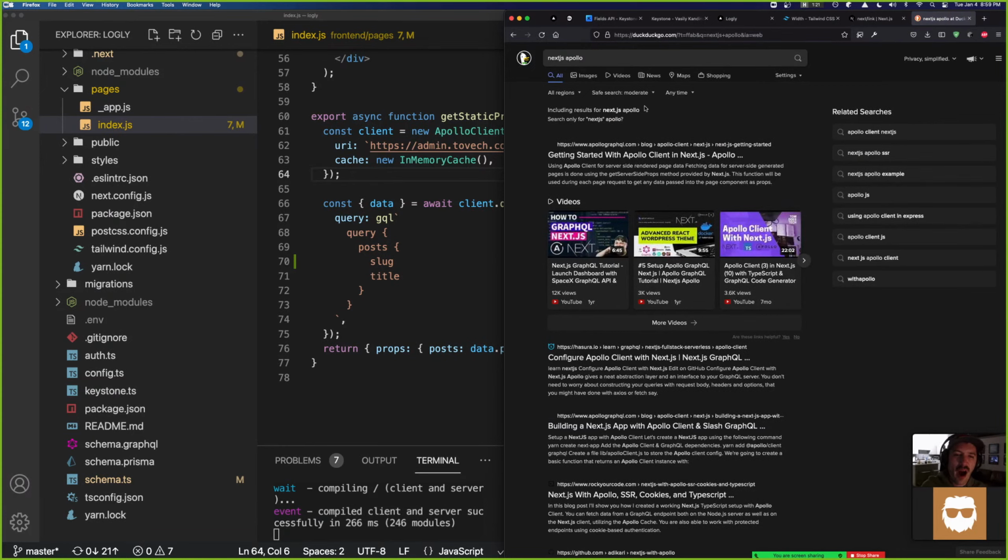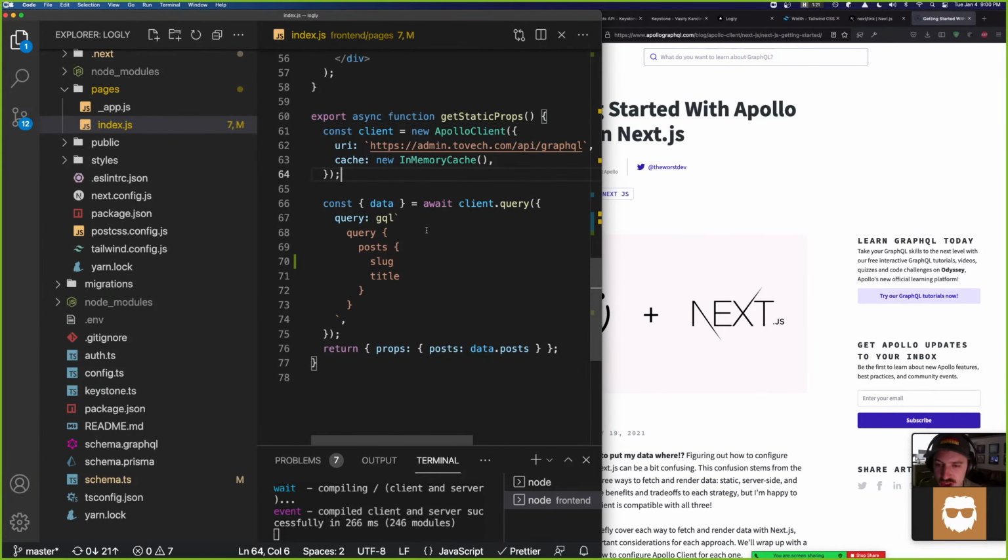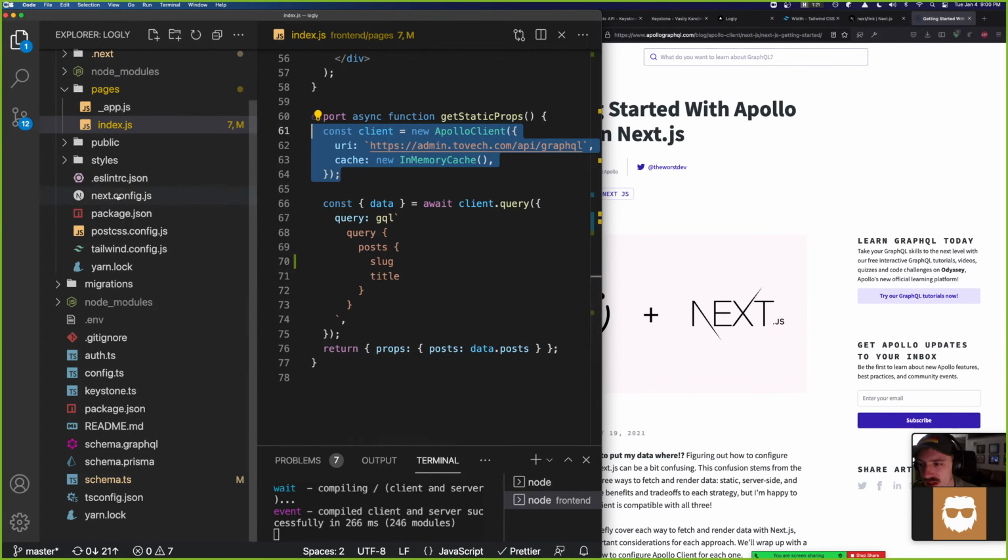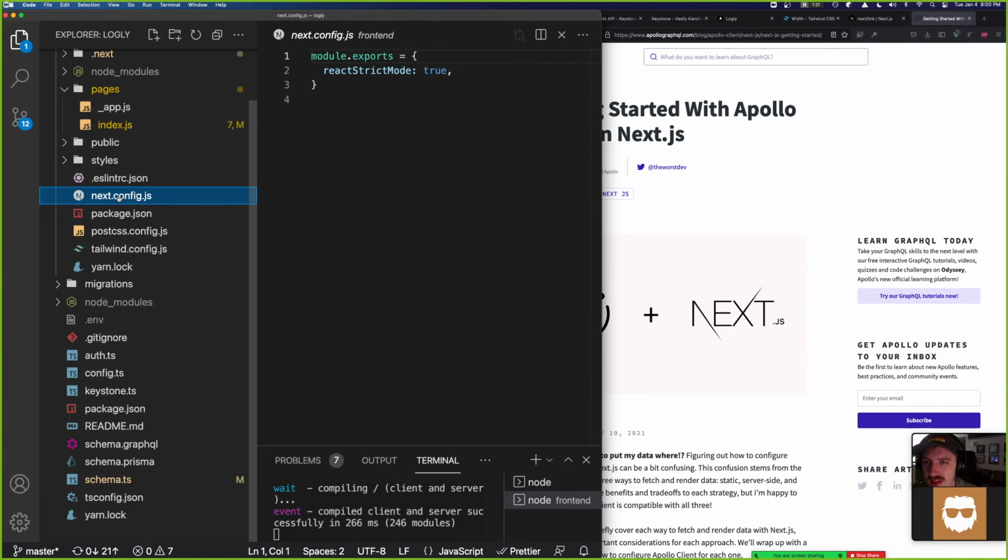Right? So right now I'm loading the client for my GraphQL inside the index page using Apollo. Can't you move this to like the config or something?